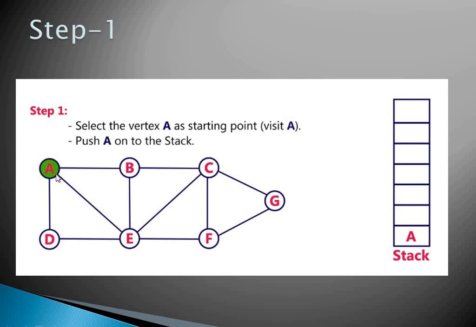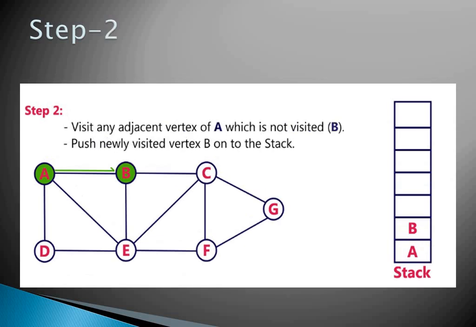So basically for the DFS algorithm, we have to use the coloring scheme. Coloring scheme means initially all the vertices will be in white color, then they will become gray, then they will become black. When the backtracking method is applied, the vertex will become black. So this is your step number 1.